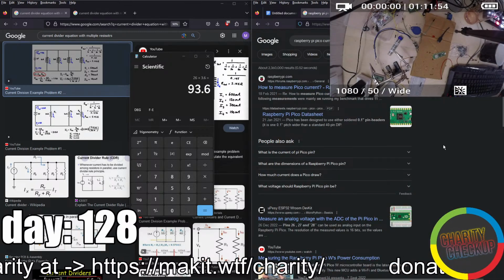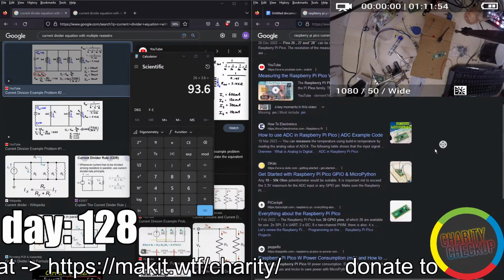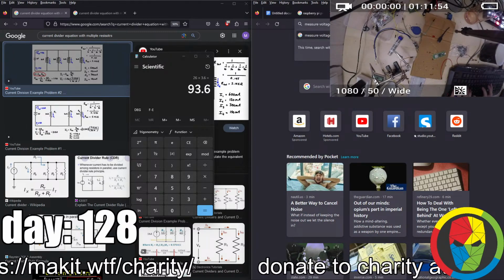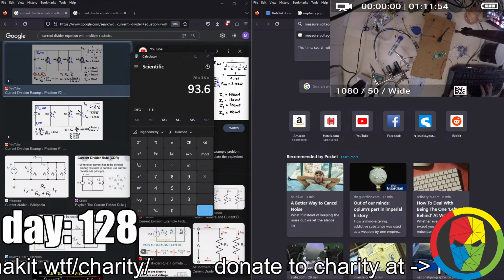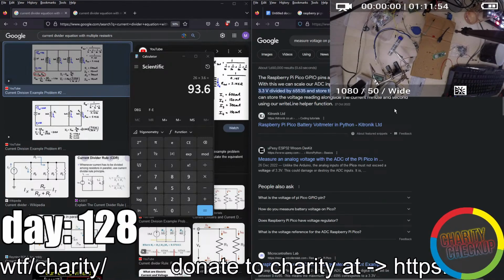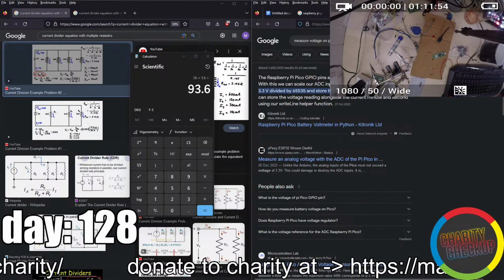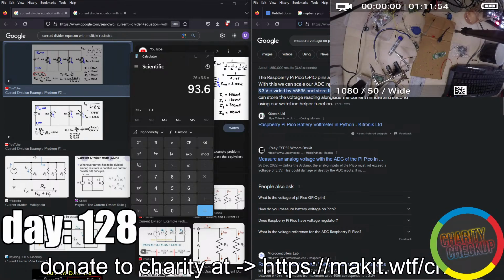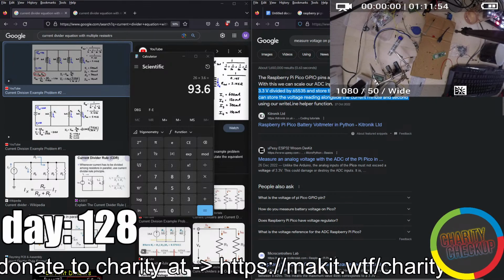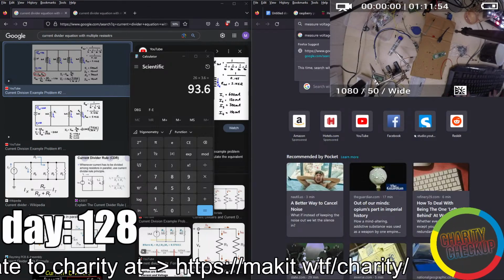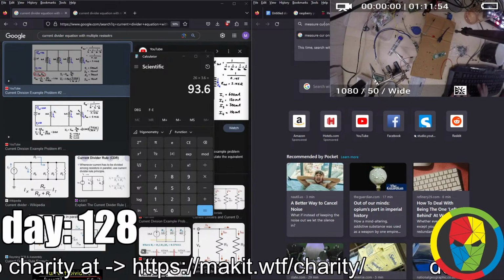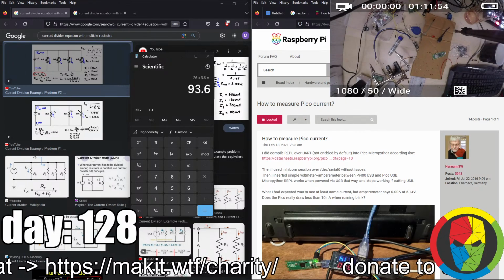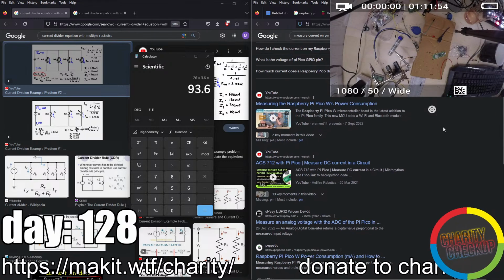Amp meter. Alright, that's not it. Because I'm pretty certain you can measure voltage, right? Measure voltage on pin in Raspberry Pi Pico. Yeah, we don't have to re-specify. There we go. GPIO pin level for voltages, ADC input multiplying. Alright, now the same thing, except instead of voltage, we would like to measure current. To be fair, I'm pretty certain Ohm's law works, but that would require thinking, and I'm against that.